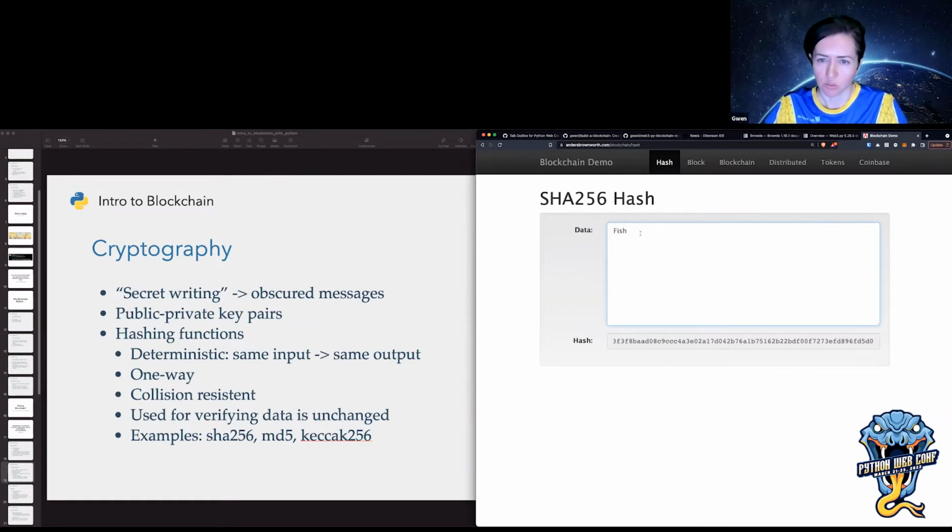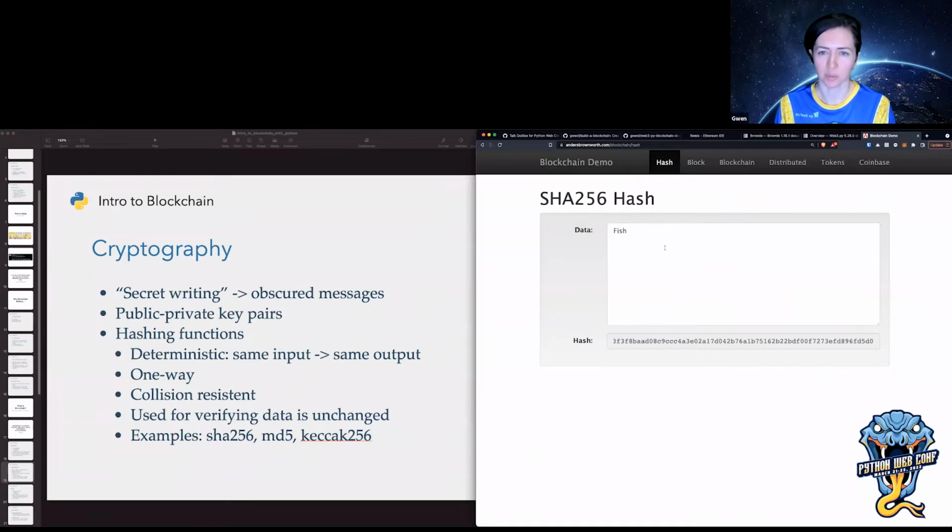But this is really useful because if I put in the same input, it's always going to give me the same output. So if I have a lot of data and I want to verify that it's unchanged, all I have to do is hash that data and then save that hash. And then later on, I can hash that data again. And if it's the exact same hash, I know that data hasn't changed at all.